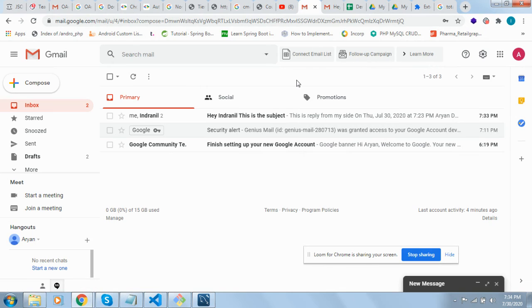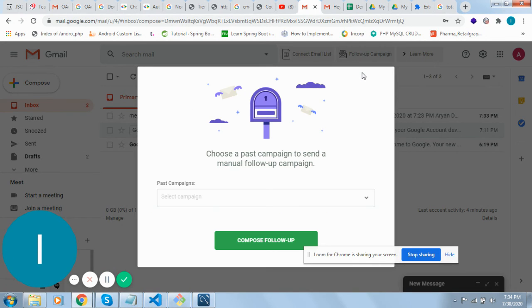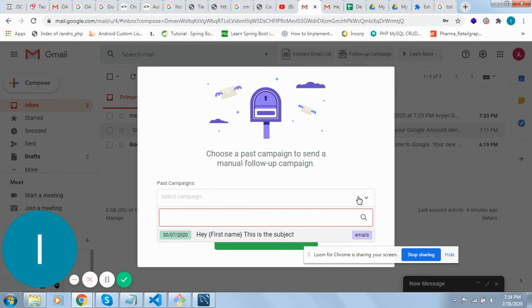Okay, so how can you track it from here without following the spreadsheet? There is a button called manual follow up. You can check that auto follow up is there, which you can set at runtime in your mail sending. And if you missed it there, you can track it from this button, auto follow up, manual follow up button. See, here all the campaigns that you have created are loaded in this drop down. So this is the subject that is loaded.